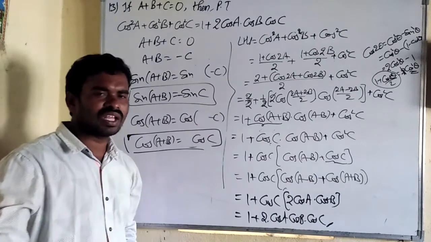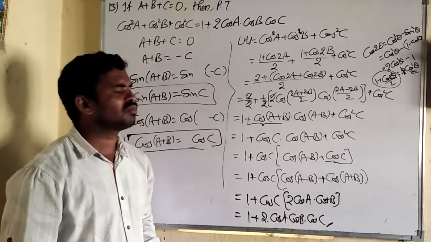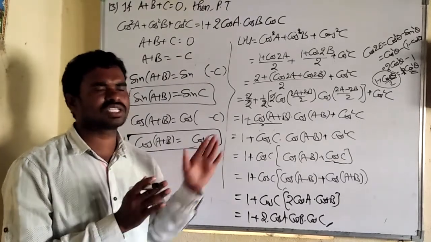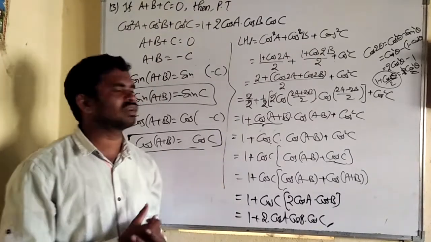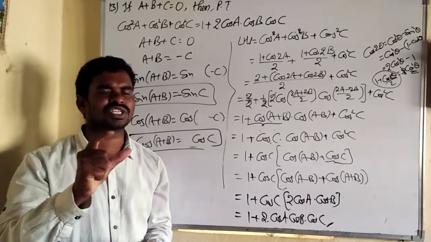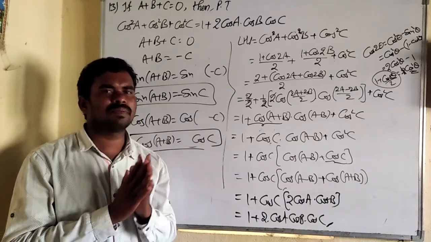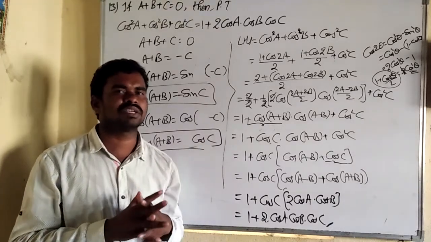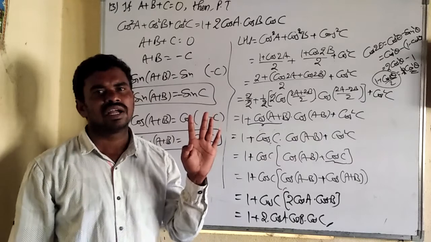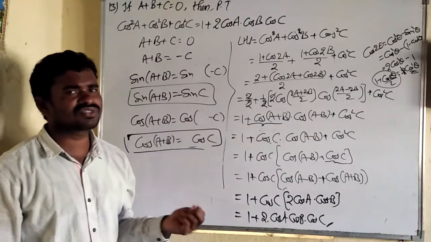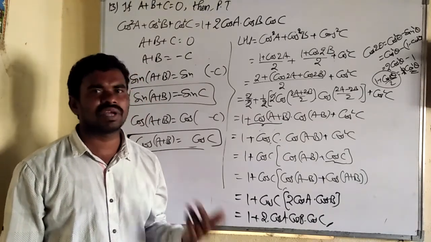There are only 4 or 5 long questions. If you get a grip on these 7 marks questions, you can solve almost all the questions. If you have trouble solving 7 marks questions, I give you only a few questions to practice. What are they? Especially pi minus a by 4, pi minus b by 4, pi minus c by 4. Based on the concept, we have 4 questions. Those 4 are the most important, and for the remaining, solve according to your capability and ability.